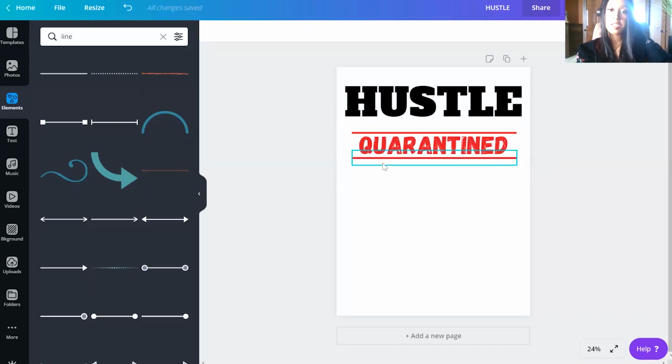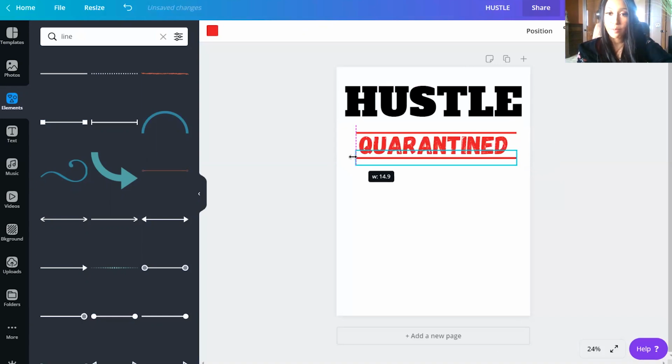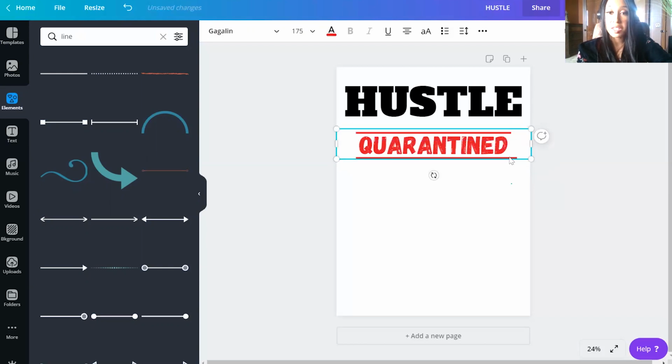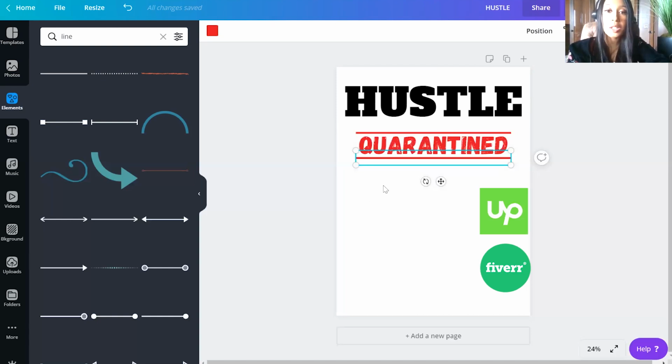All right, that looks okay. So I'm gonna make this a little bit shorter, and pretty much all you're doing is just whatever you think looks good. If you're somebody who's not creative whatsoever, I mean, I don't consider myself creative, I don't think this is anything super difficult. But if you're somebody that's like, I can't do this, you can find somebody to do this for you on Fiverr, Upwork for pretty cheap to make you a t-shirt